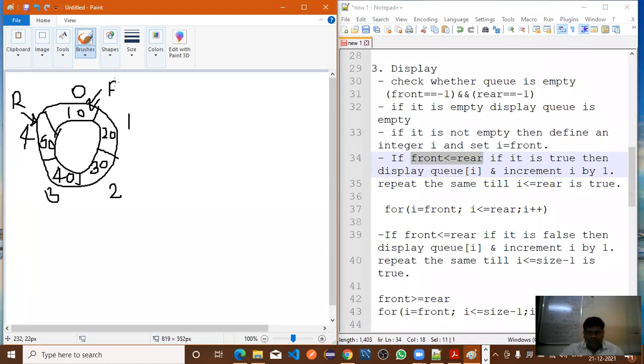What is the position of the front pointer here? 0.